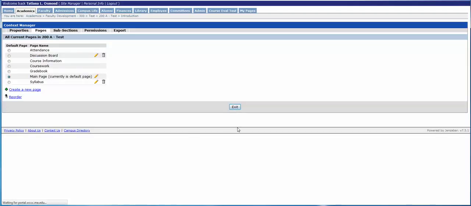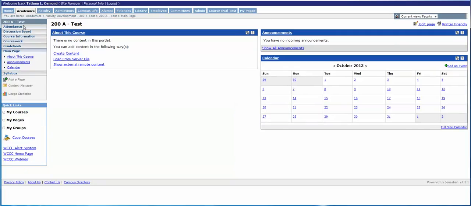Once we exit, you will see that the changes are reflected in the left-hand column. So collaboration is now called discussion board, and welcome is now called the main page. Now we can also move these tabs up and down, so we don't have to have them in alphabetical order. We just go back to our context manager,